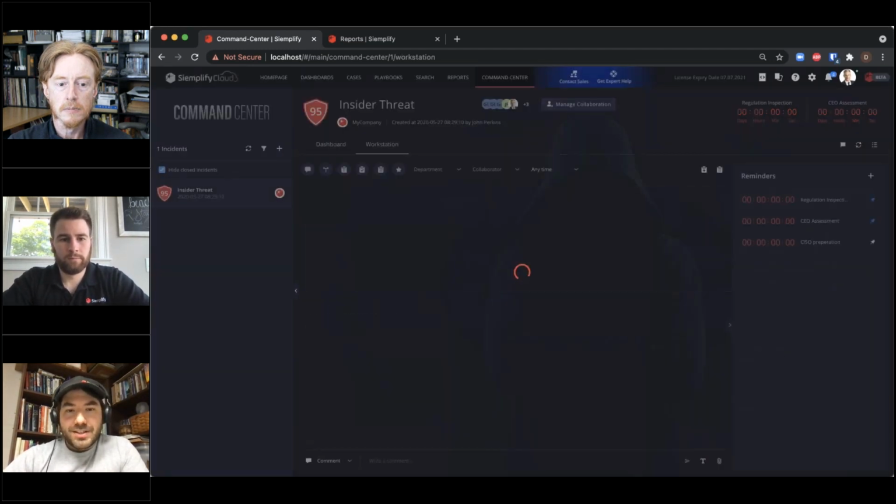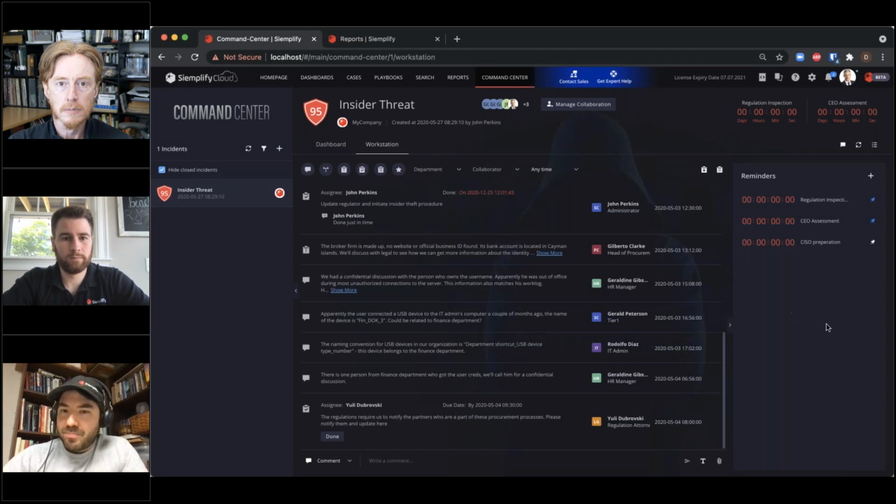And I can come into this workstation area and then start to manage those tasks, presenting each individual maybe with a task, doing those status assessments, understanding where we are in the handling of this case, all while doing assessments, assigning tasks to different individuals, allowing them to come in here and complete them, but also adding that evidence into the Simplify system, into the Command Center module here within this incident. Instead of having to go to Slack or email or the various different solutions that we're using to communicate information back and forth, you can say, well, let's just use Command Center, put that data up in here, and it's all in one spot.